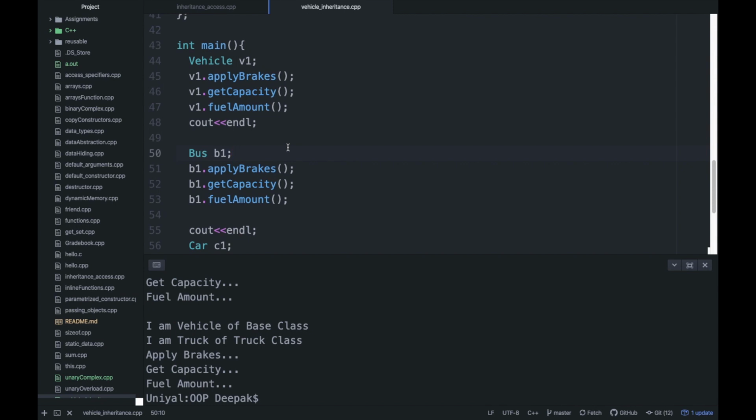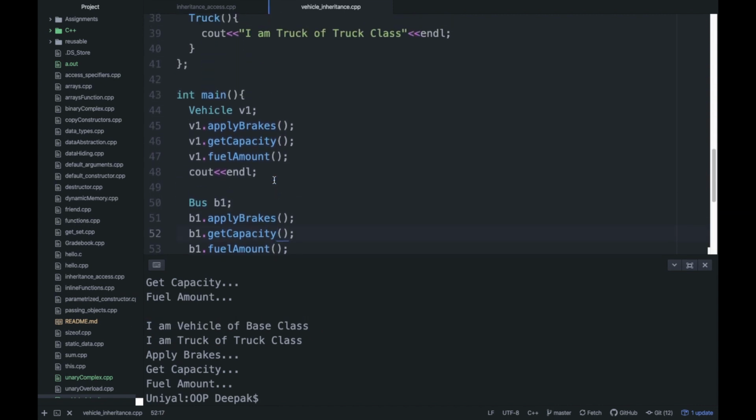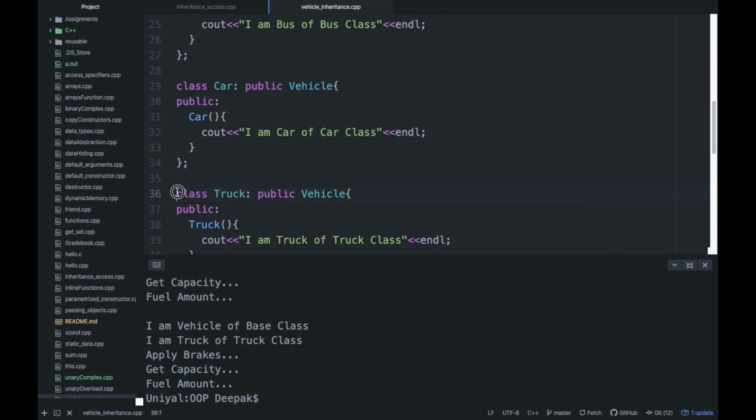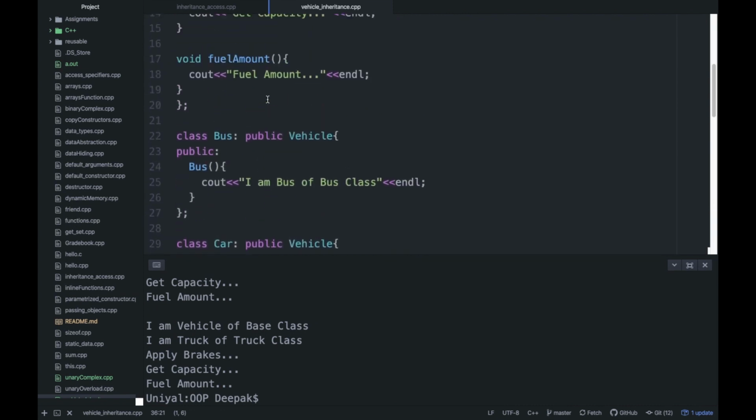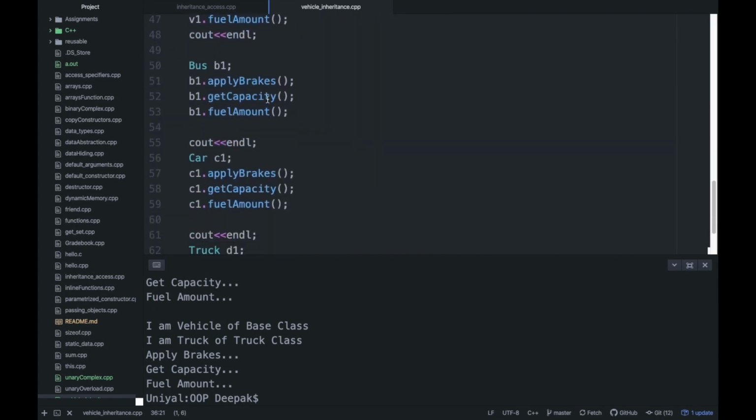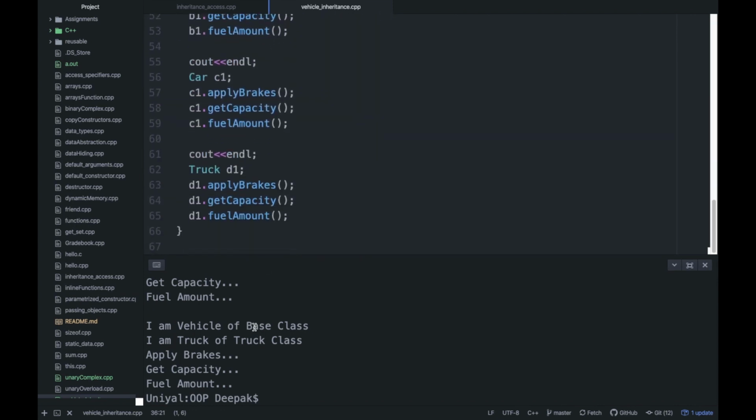But the thing is, whenever you are trying to create an object of a derived class, the base class constructor will be called first. So every time you can see here, whenever you are creating an object of truck class, it is calling the constructor of the base class, right? It is this way because this constructor will be called, so it will call this first, then it will call truck, and so on for everyone. Clear? So I hope you got the idea of this now, and I'm sure you are able to understand why we use inheritance.